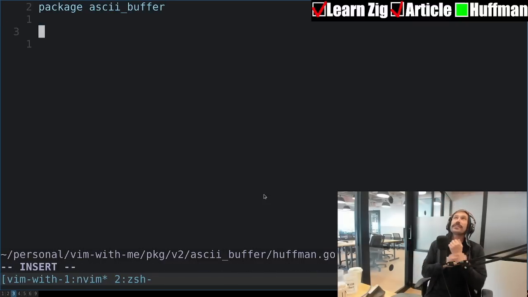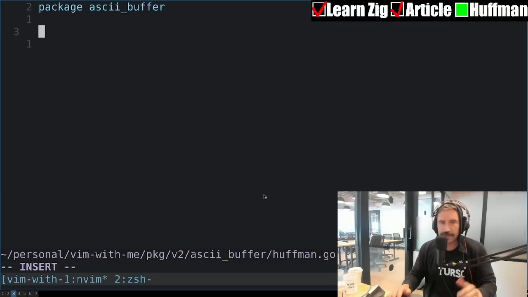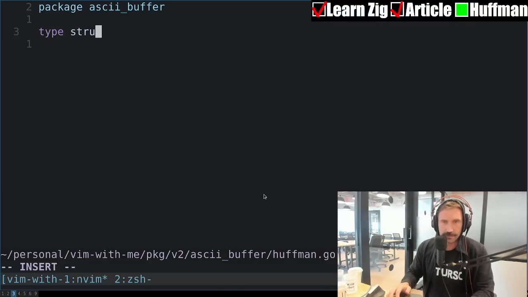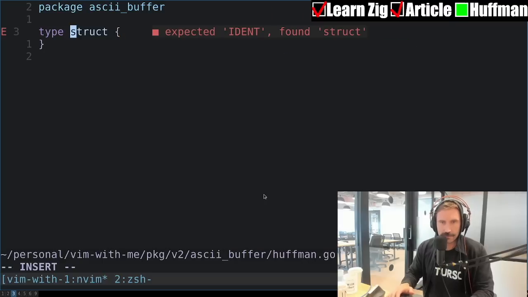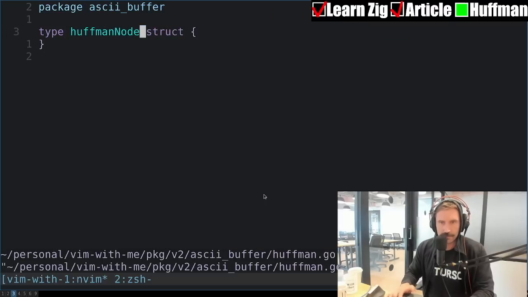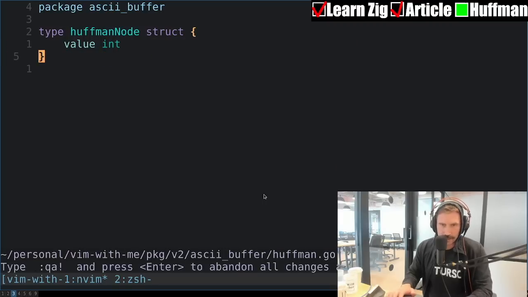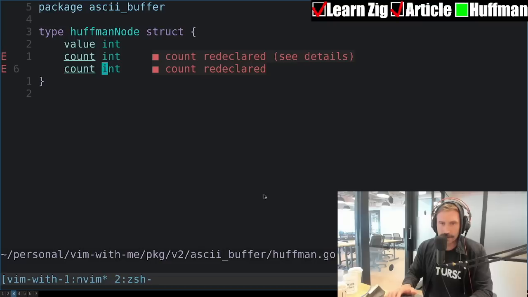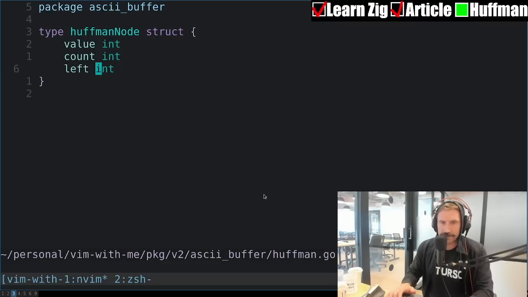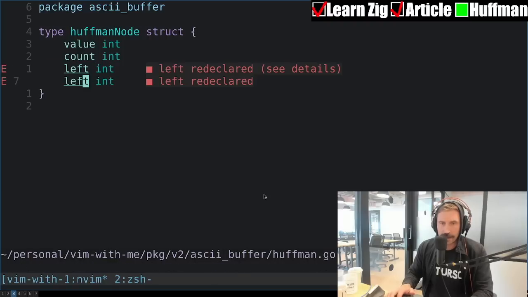All right. So I think the first thing I'm going to want to do is create a node. A Huffman node, which will have a value, which is an int, a count, a left, and a right.